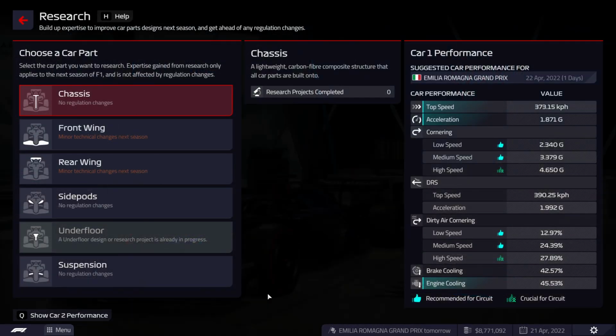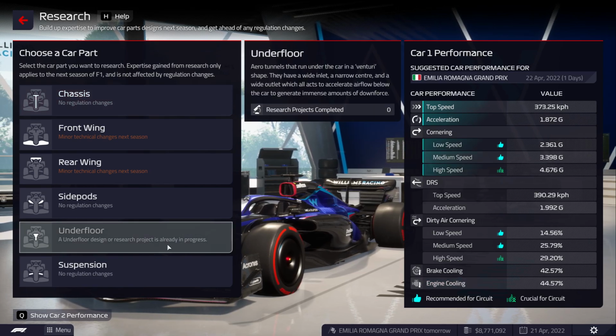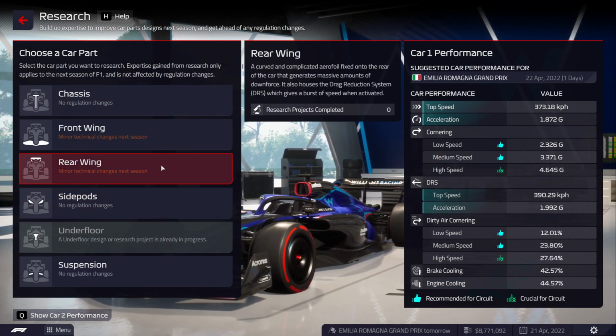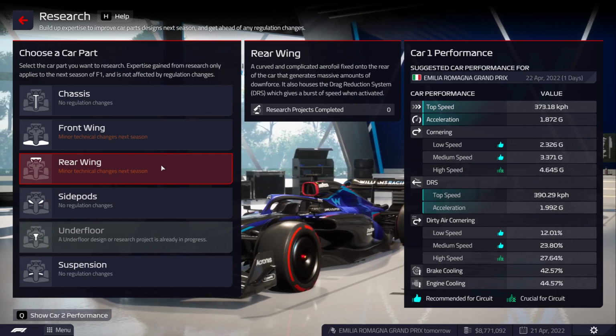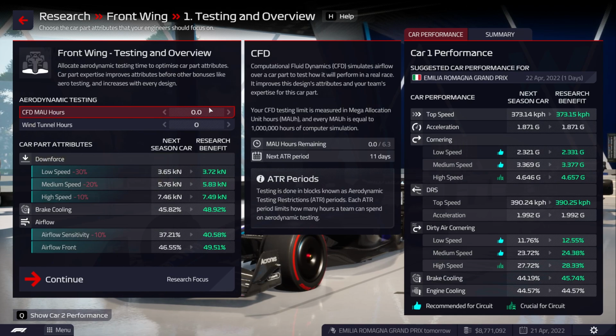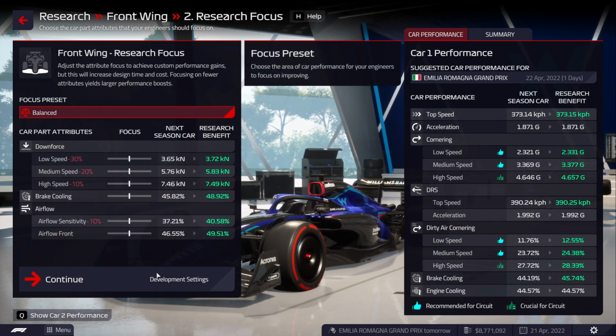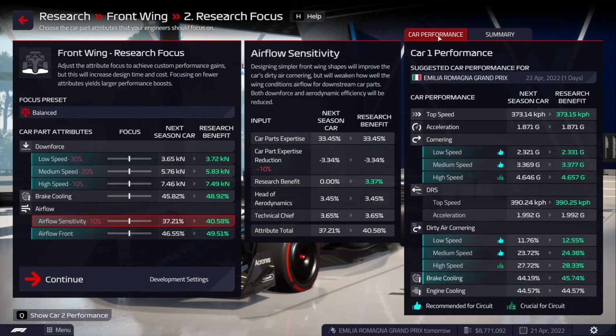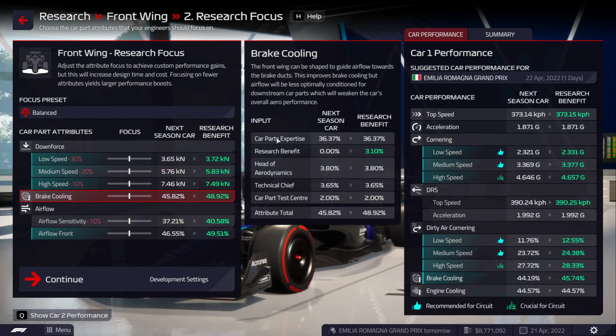So let's start some new research. What are we going to start on? So let's go rear wing. In fact, let's go front wing. So now on here, if we have a look, it's 50 days. Oh no, sorry, not 50 days. If we have a look on here,